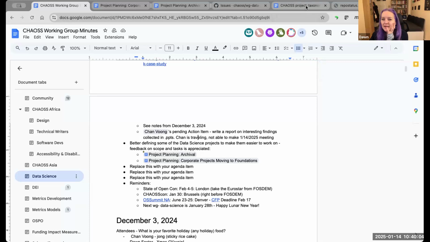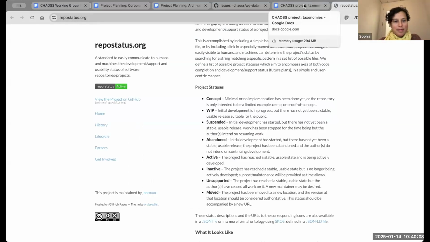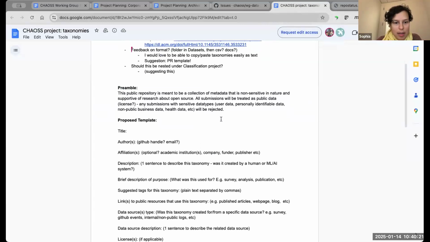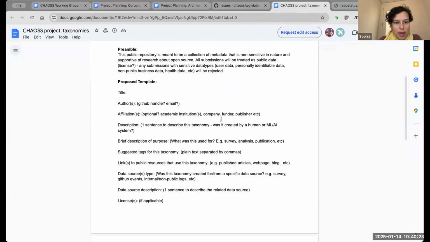Okay, so let's cycle back. The repo status, taxonomy, how do you want to, I'll just let you drive that, Sophia. I'll stop talking. Sure. So I sent the template. This one? Yeah. So we can see if it's even possible to fill this out. So I like that example. Thank you, Georg. So if you could have that open along with repo status,